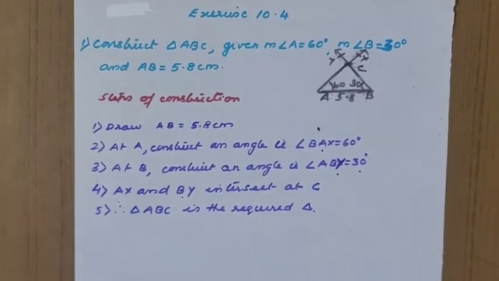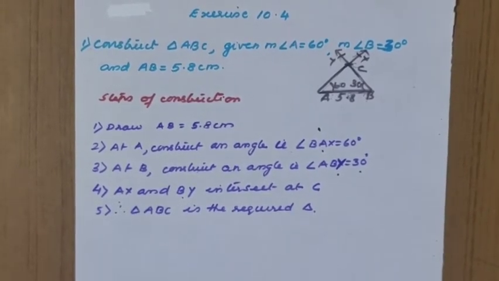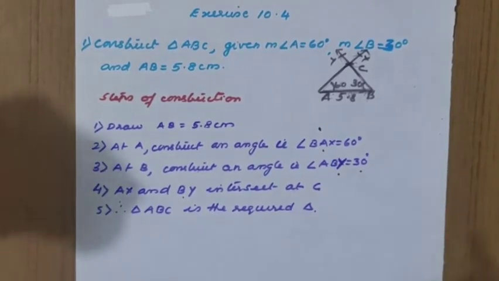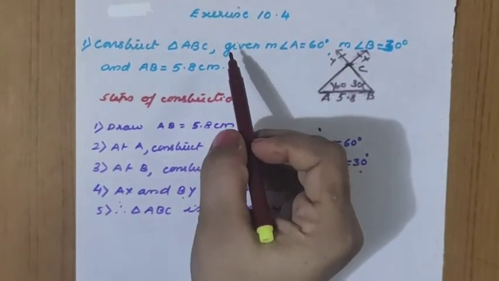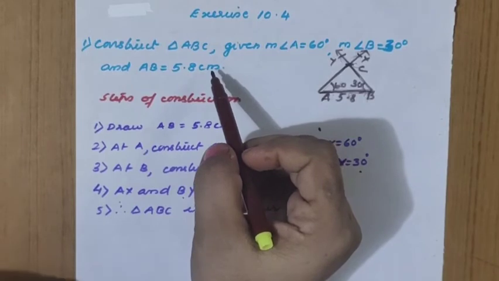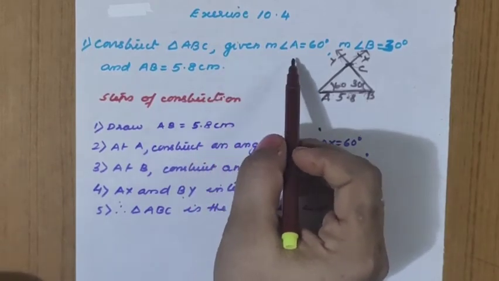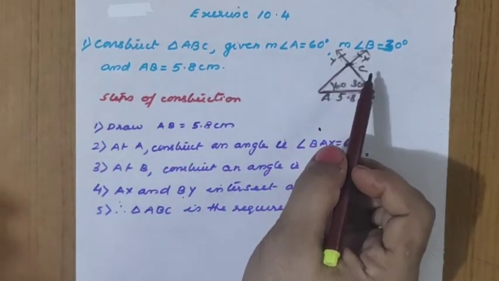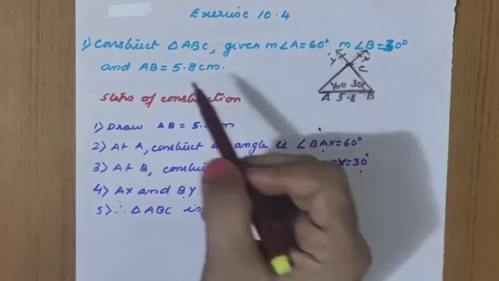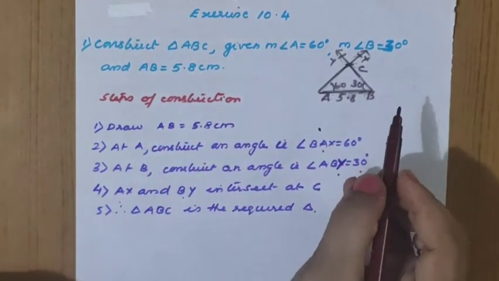The exercise 10.4 from practical geometry, that is chapter 10. We have already constructed the triangles by using the criteria SSS, and the idea of SAS also we have seen. Now today's class we are learning new exercise 10.4. Construct a triangle ABC, given measurement of angle A 60 degree, measurement of angle B 30 degree, and AB 5.8